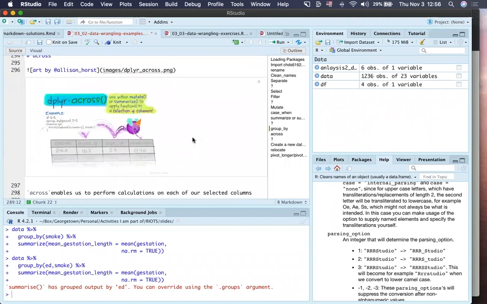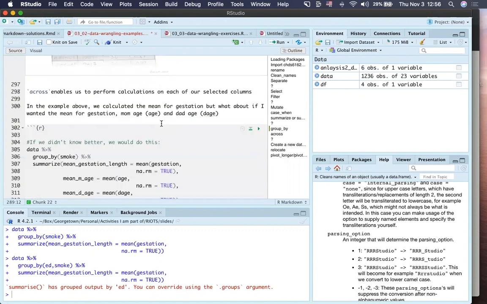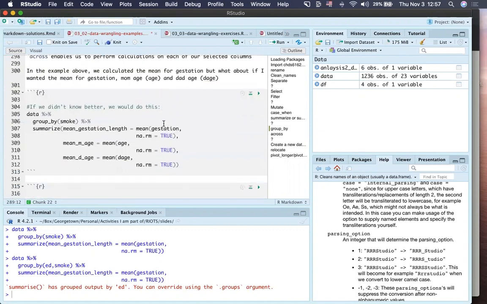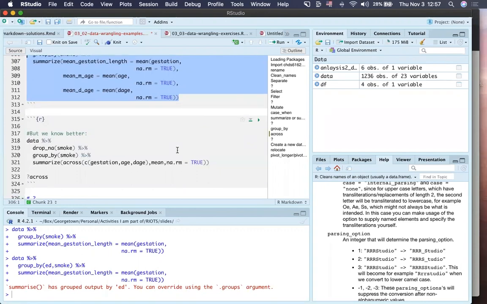Across allows you to do calculations across different columns rather than you having to specify each one of them. If we use the knowledge that we had a little bit ago, you would do something like this to create a mean for age, month, and station, one by one. If I use across, I can save my time and summarize across these 3 columns, and I want to calculate a mean for all these 3 columns. So whenever I run them,